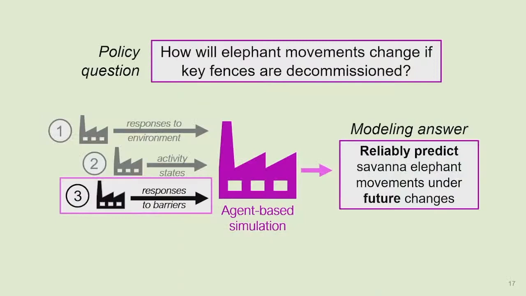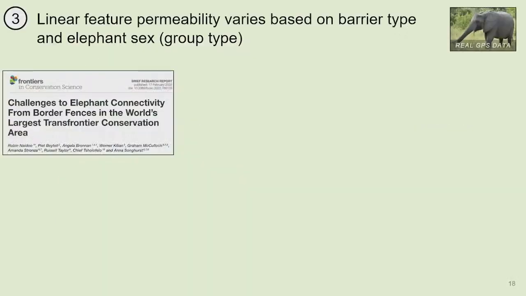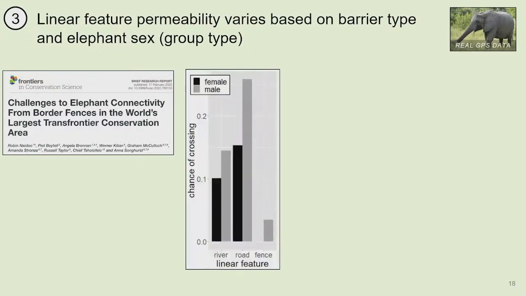Finally, we have to include individual responses to these different barriers on the landscape. There's a 2022 paper with Robin Naidu, who's one of my co-advisors, studying elephants in Botswana and Namibia. They found that linear features are differentially permeable to elephant crossing by feature type and by elephant sex. So here, what I want you to notice is that the bars for river and road crossings are higher than fence crossings, right? So it's easier to cross a road than a fence. And also that the females in black bars are always lower than the males in gray bars. And again, this is because they're in larger groups. They might have young with them,